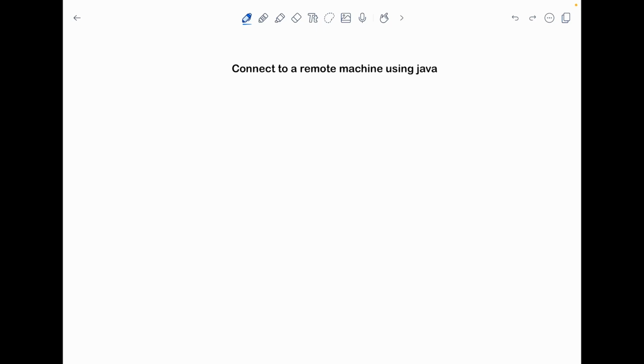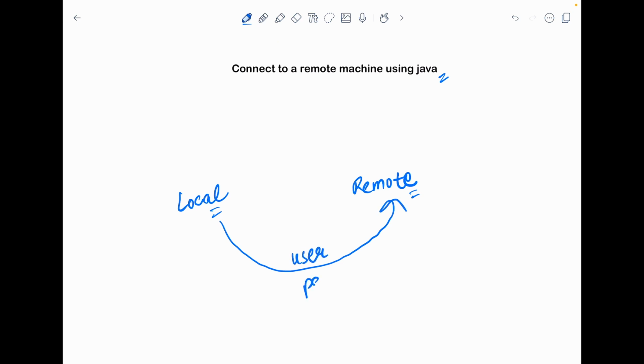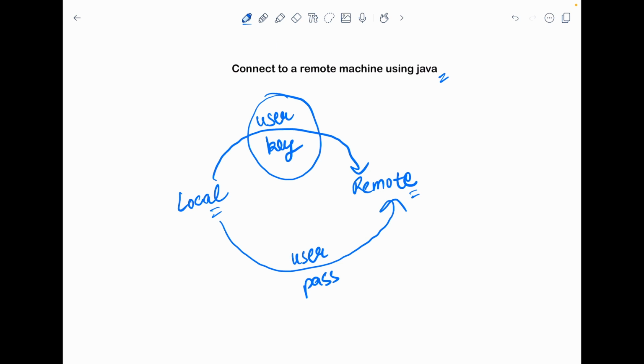And today we are going to see how we can connect to a remote machine using Java. So let's say that we have one local machine and one remote machine. There are generally two ways to connect to a remote machine from our local machine. One way is to use a username and a password combination. Another way is to use a username and a key combination. But in the majority of cases you will end up using a username and key combination only. So in this video too we will be using the same thing to connect to a remote server using